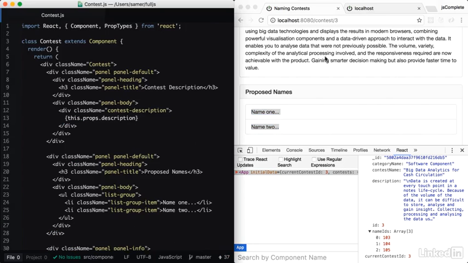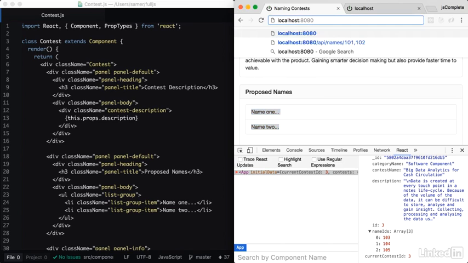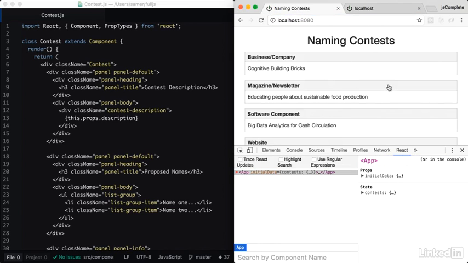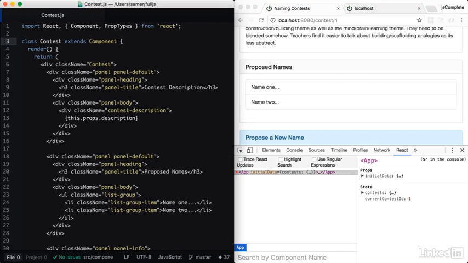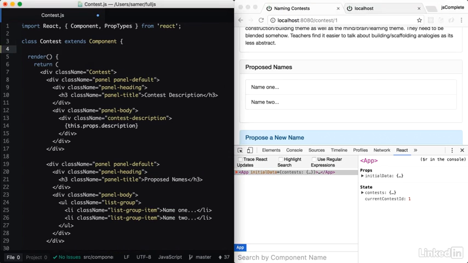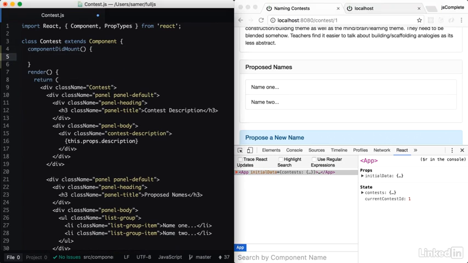So the first thing we need, when we load a contest, is to start fetching these names. We don't want to fetch the names unless we are on a contest. For example, in this main view, I don't need any names. When I click on a contest, I need the contest to fetch its own names. So inside the contest class, this is a candidate for componentDidMount code. When I mount a contest component, we can instruct React to go back to the API and fetch the